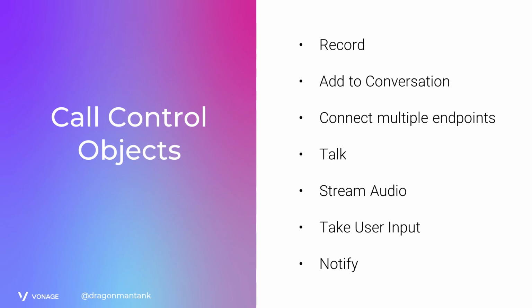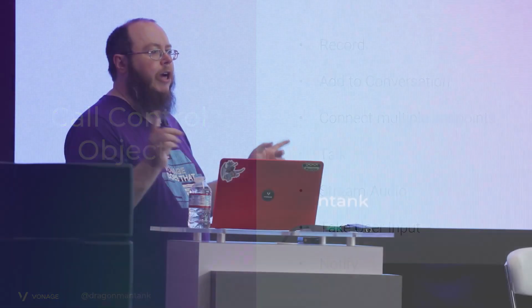We can do automatic speech recognition on it as well as notify, which allows you to send notifications out to your application in case there are things that actually care about what's going on in the middle of a call. You can send pings out to different things. So you can say, notify this other system that a phone call has been initiated, stuff like that. But you can string these together in any way you want to control what that actual outbound call or response to an inbound call is.